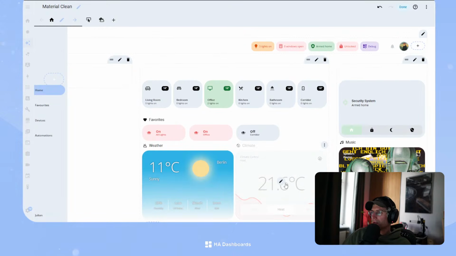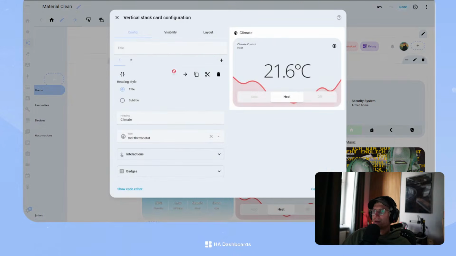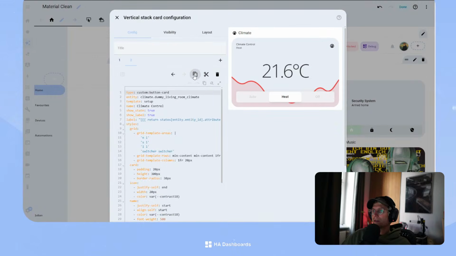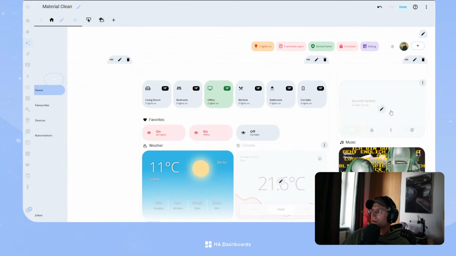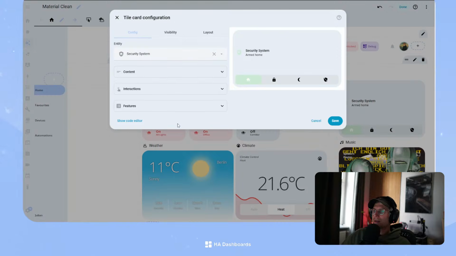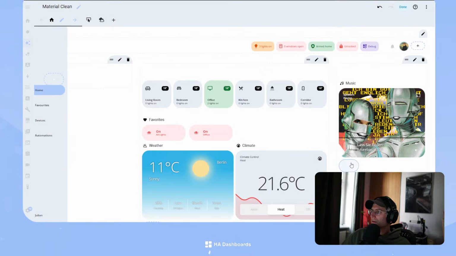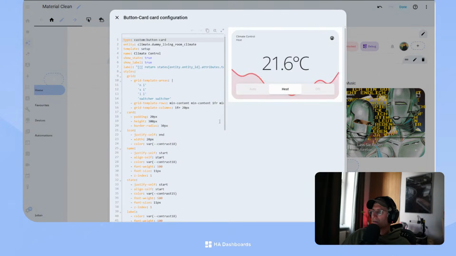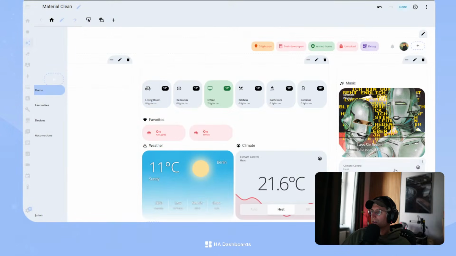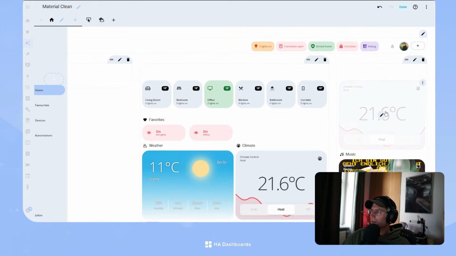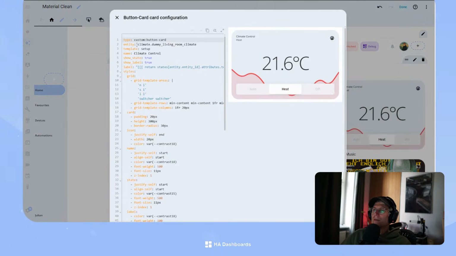Actually, let's do that. Maybe for this one, let's copy this. And then let's get rid of this. And then paste this, and just save it for now. Put it up here again. And then when we say